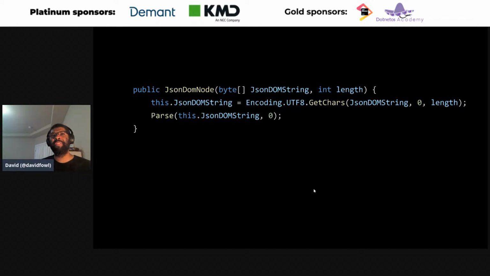But in this case, I believe the JSON strings were smallish, but that can't be described anywhere besides a dot comment, right? You would need to have a comment saying, we expect the JSON DOM string to be under 85K. Otherwise, it's not a good thing. Because maybe the thing being passed in is a pooled byte array, but then you immediately turn around and turn it into an allocation, which is kind of unfortunate, right? You kind of want to preserve that high performance nature if you're trying to build that kind of API.